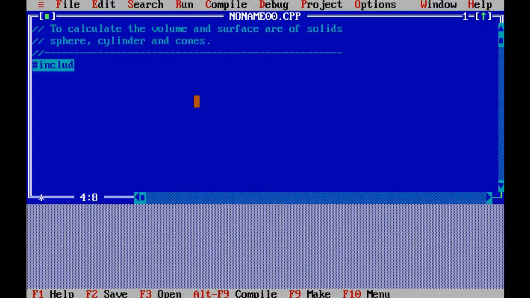Okay, so #include <iostream.h>, #include <conio.h>, and now let's write the class. Now remember, we are talking of inheritance. So what is common to sphere, cylinder and cones? They are all basically solids. Okay, so I'll create a class called solid, and